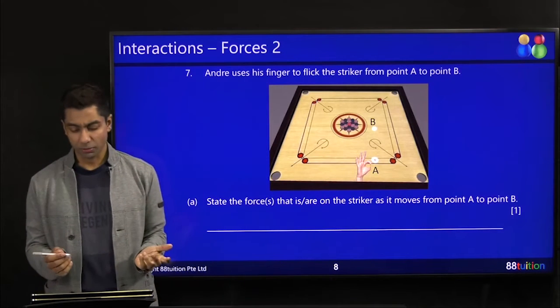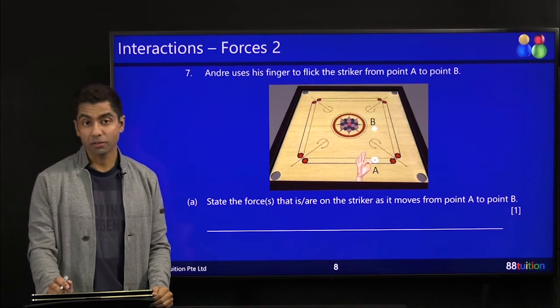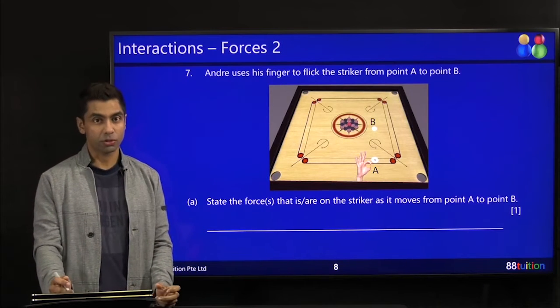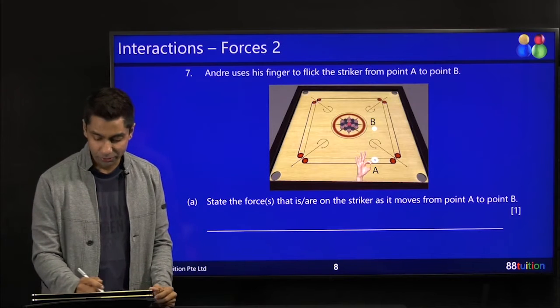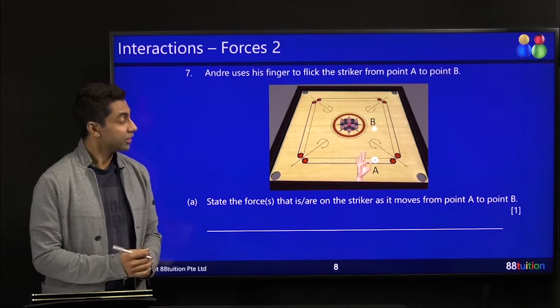Okay, you should try and find out what this game is all about. It's a nice game. If you want to read about it, read about it. If you want to buy it, you can still buy it from Toys R Us and so on and play with your family. I used to love this game as a kid and it really teaches you a lot of